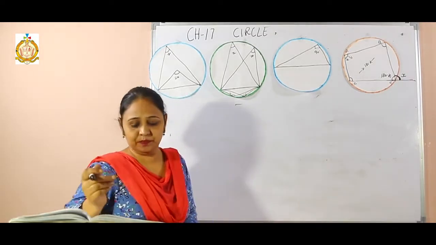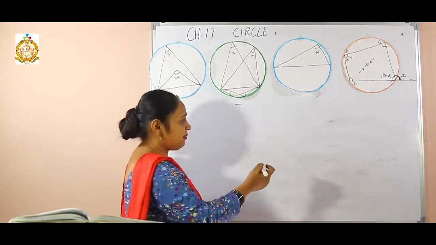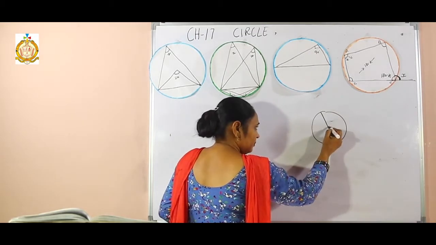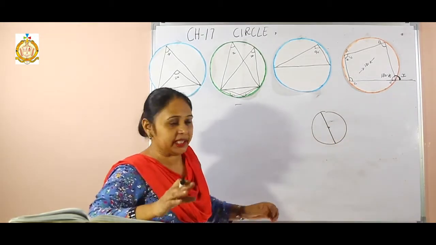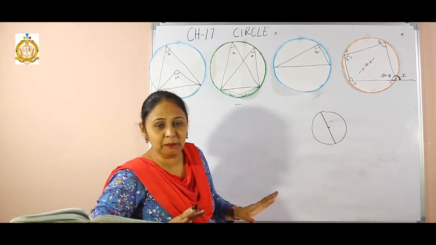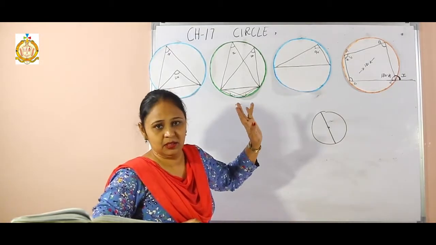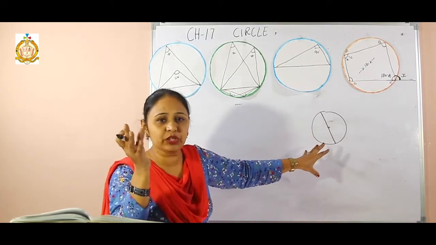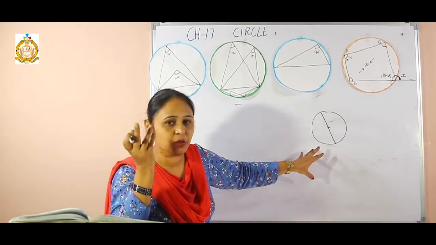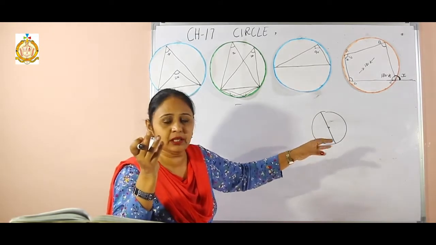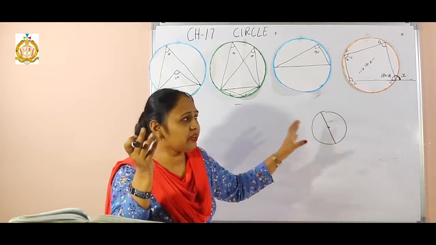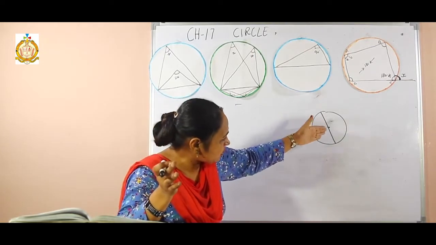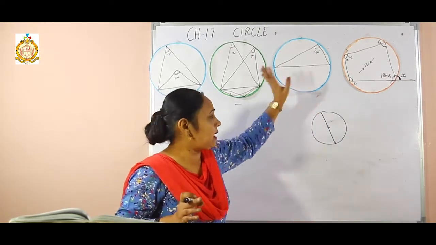In the next sum, number 3, again a figure is given. It is given like this. Now see, from the starting I can see a diameter is given. Maybe there will be a property of the diameter. We have to understand this when we draw the figure. Because if we make up our mind, then we understand which property will apply. If we just draw the diagram and don't see its steps, we may take too much time. But if I see the diameter, maybe there will be the diameter property.